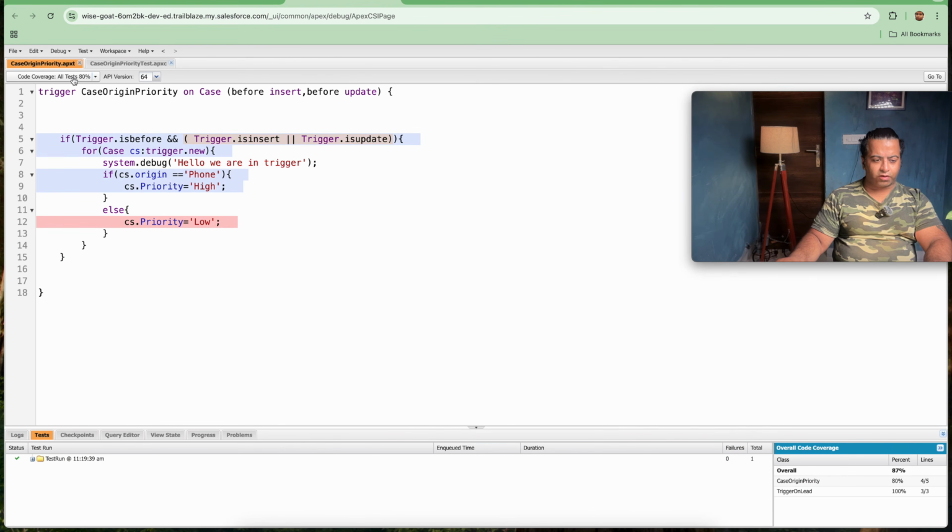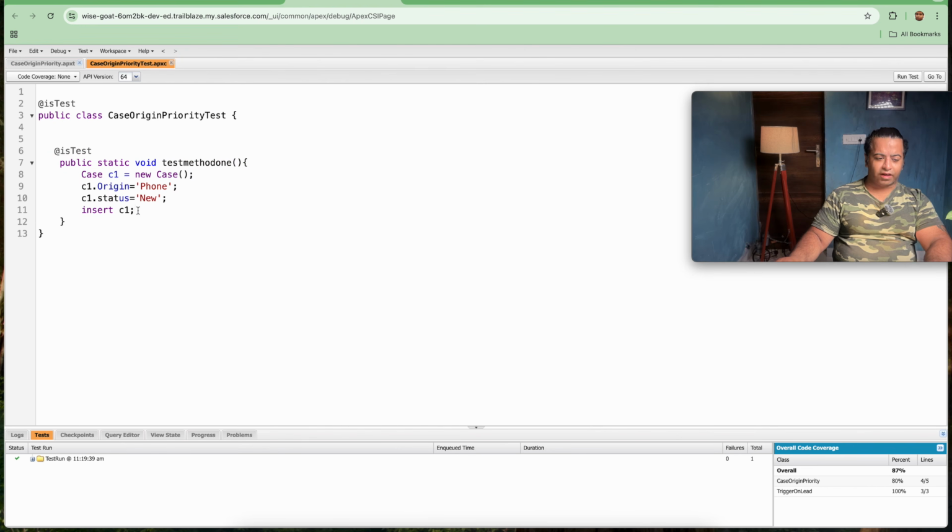Now we are going to the trigger. It is showing the percentage as 80% because we have done the insert where the high priority has been set, but we are not checking for low priority. So let's change it, and also test the update condition.